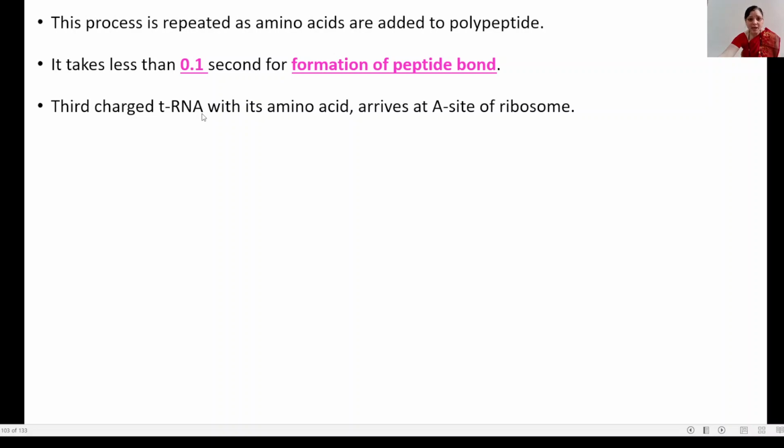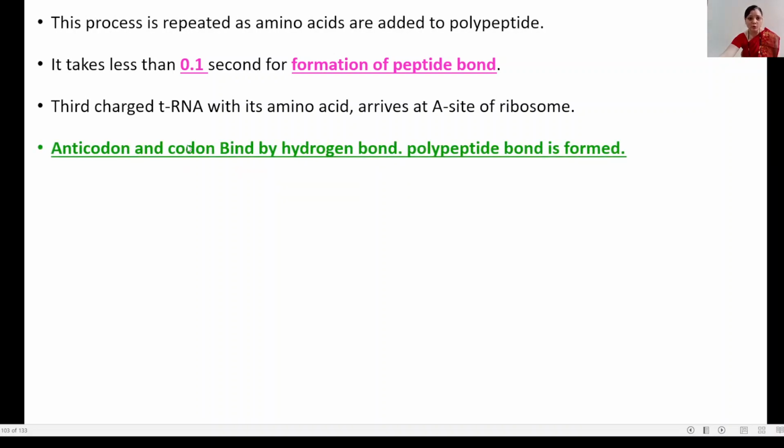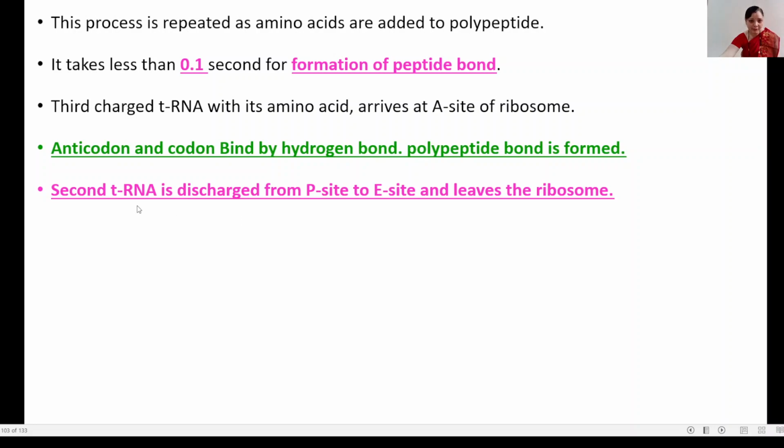The third charged tRNA with its amino acid arrives at the A site of the ribosome. The anticodon present on the tRNA and the codon present on the mRNA bind by hydrogen bonds and a peptide bond is formed. Then the second tRNA is discharged from the P site to the E site and leaves the